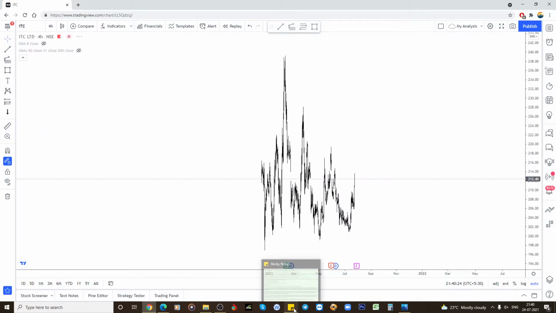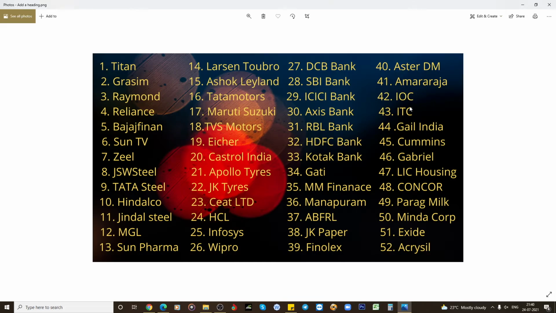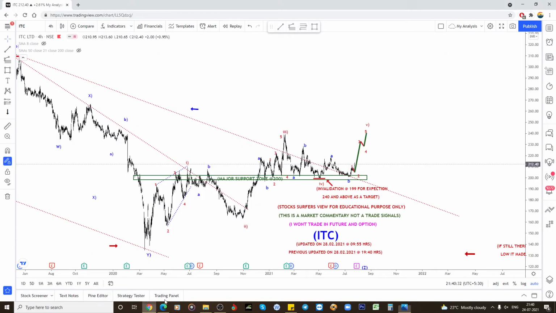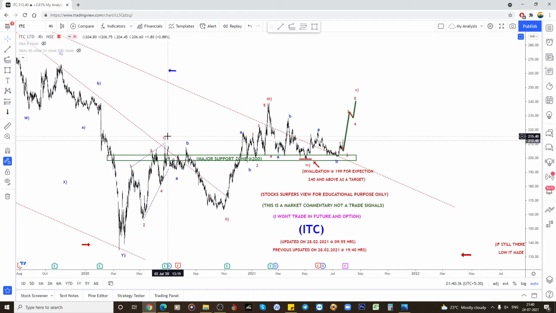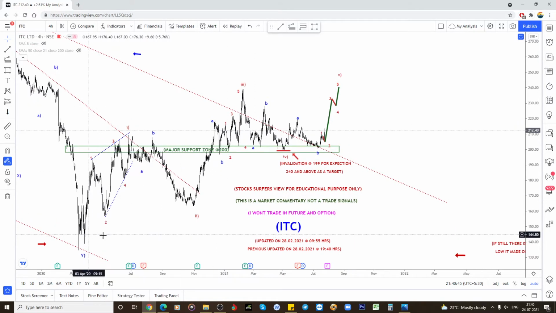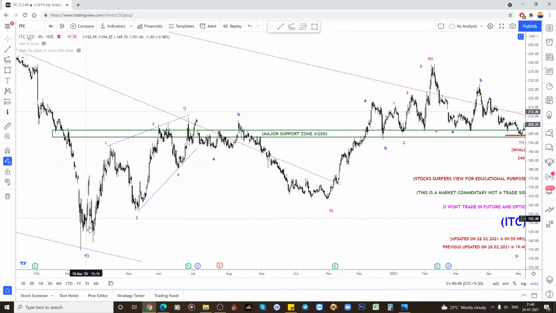So I think ONGC is not in our watch list. Yeah, IOC and ITC. Okay, I did that same because I'm in the buy. So ITC here 1, 2, 3. So ABC is a 4. So 1, 2 here. I took it as ABC is A, B, and C. So everything it is making is a